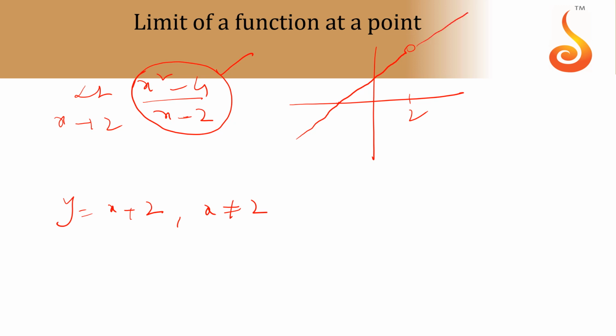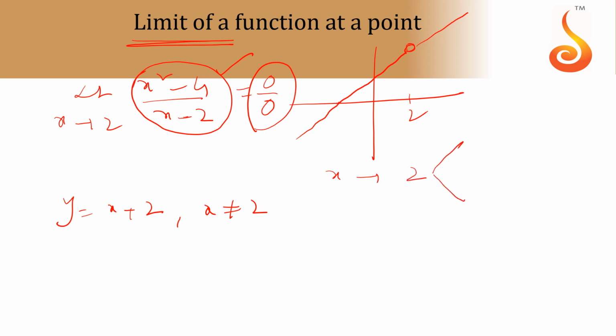Whenever you are given these questions and you substitute 2, you get 0 by 0, an indeterminate form, meaning at that point the function has no image. The limit question is not at that point. Limit always asks you when x is approaching 2,